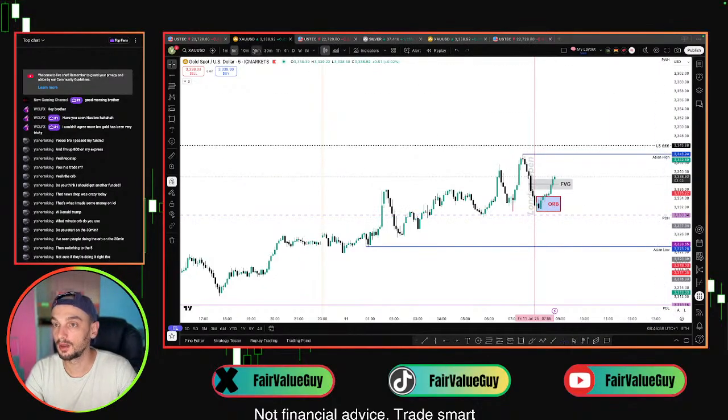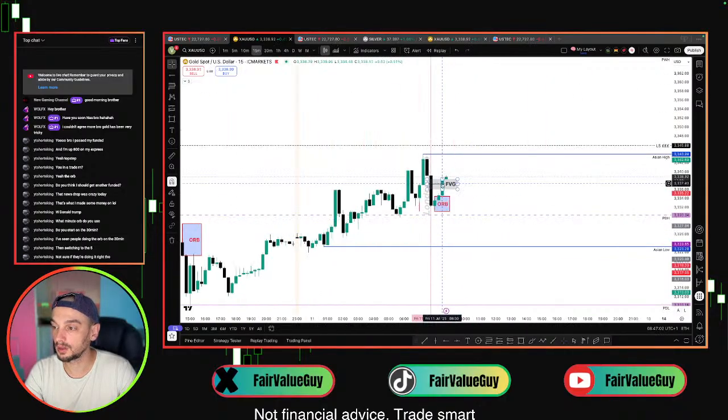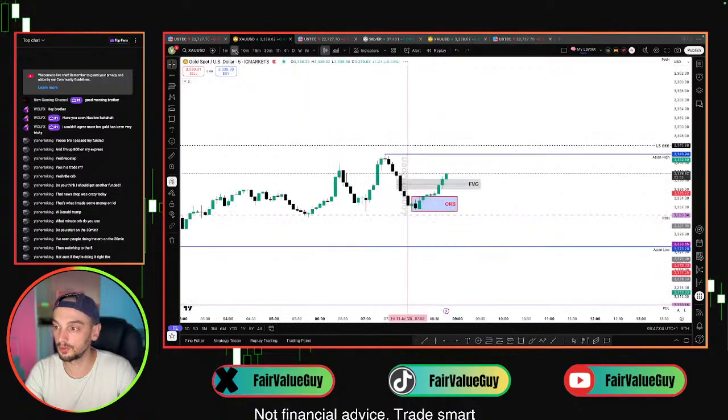So let's say people who are trading the 15-minute, they're going to see this breakout candle. They will drop down to 5-minute. Let's say we're going to see this fair value gap that's been inverted. Maybe they're going to wait for a retest and move up to the Asian highs with stop loss below the fair value gap, not below the ORB. And of course you have